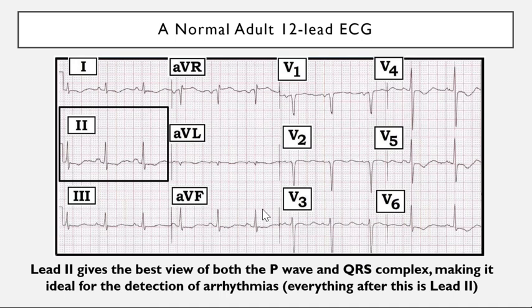Everything we're going to be learning today is about lead 2, which gives honestly the best view of what's going on with the heart, both the P waves and the QRS complex, being ideal for detection of arrhythmias. So arrhythmia is just